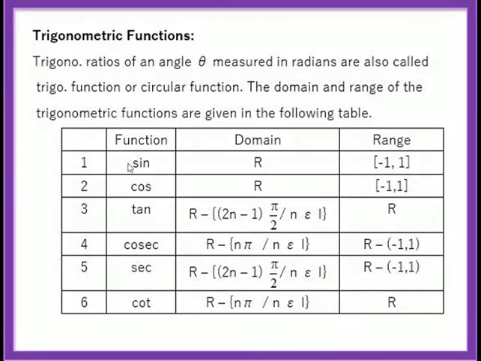Now what is range? Range is set of all values of sine. Now what is the maximum value of sine function? +1. And what is the minimum value? -1. So we say that range of the sine function is closed interval [-1, 1]. See, again you should know the concept of an interval: open interval, closed interval, semi-open, semi-closed. What do you mean by closed interval? Here the extreme values -1 and 1 belong to the same interval. So we say it is a closed interval, right?